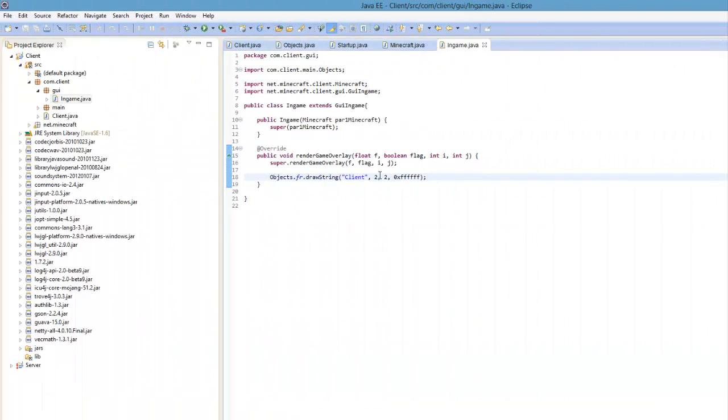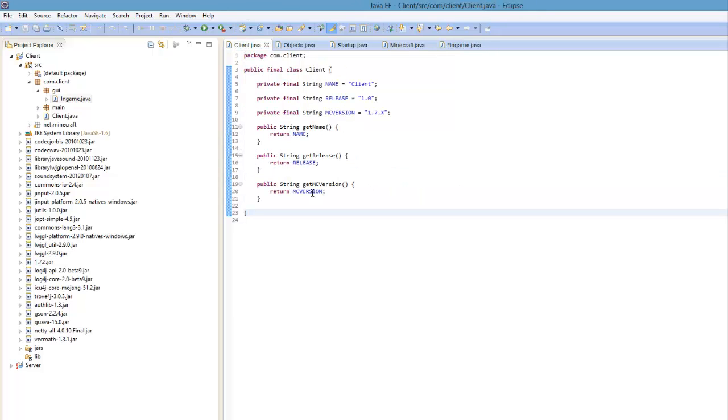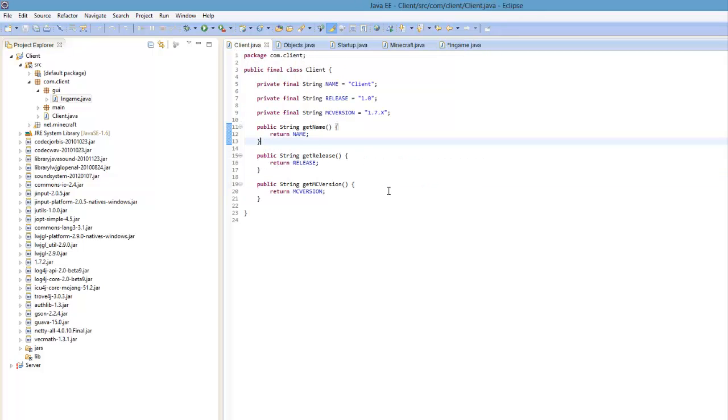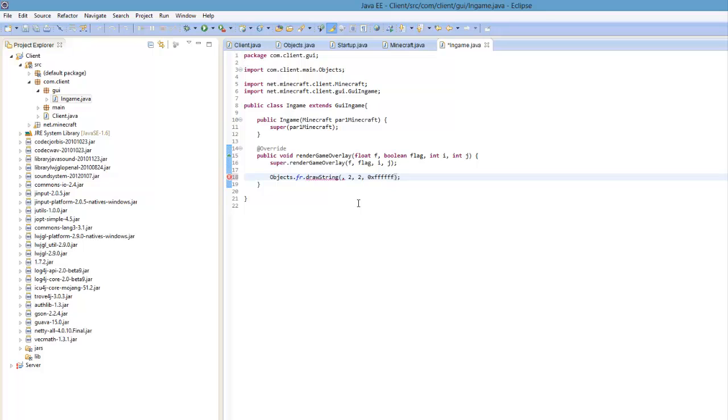Now there's a way to make this really simple. All you have to do is utilize what we've made in our base class right here. Notice that my name is already written down here, the release date, and the Minecraft version. Let's say I want to have all of that written in my string right here. All I have to do is use the getters to get the information and then render that instead. So let's go ahead and do objects